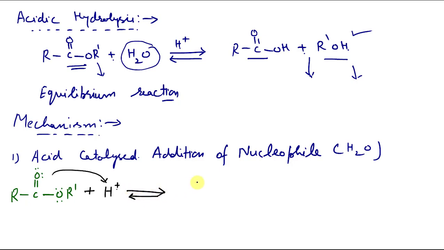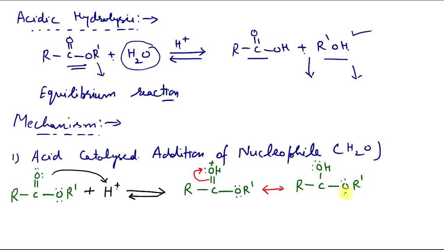So what we get is R C double bond OH positive O R dash. Now this is resonance stabilized like this, so we can draw its resonating structures like R C O H O